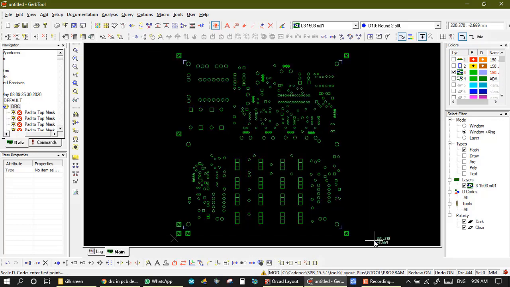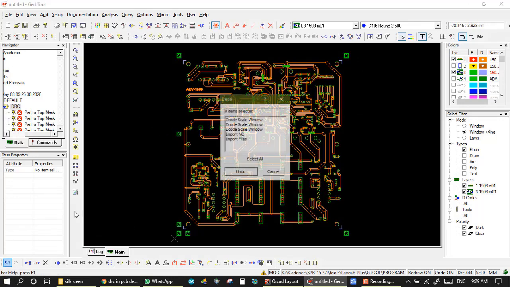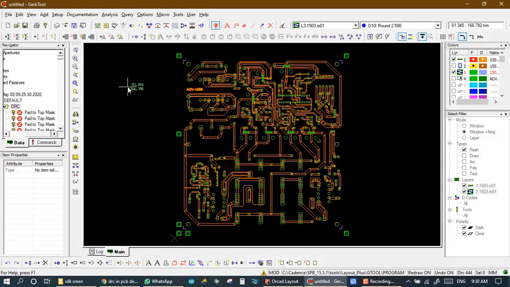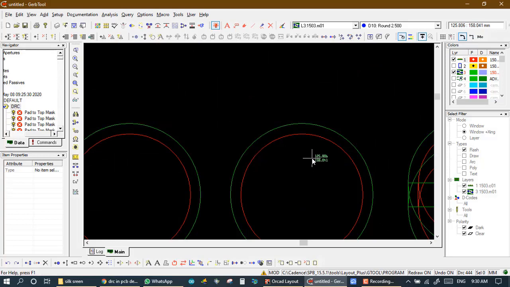So the size is increased, and now we measure the distance between the copper layer and masking layer. We got approximately 154, so it's okay.